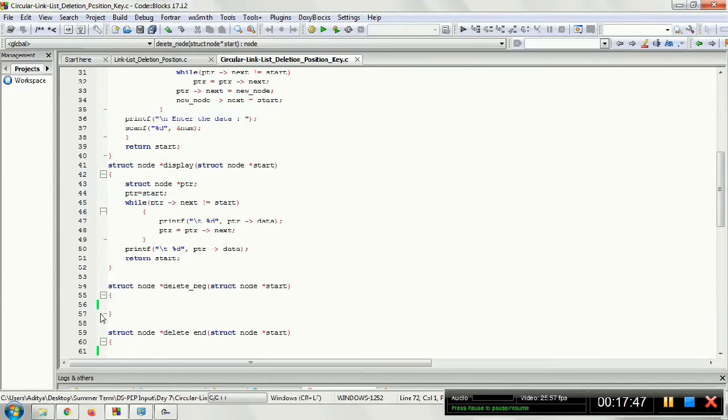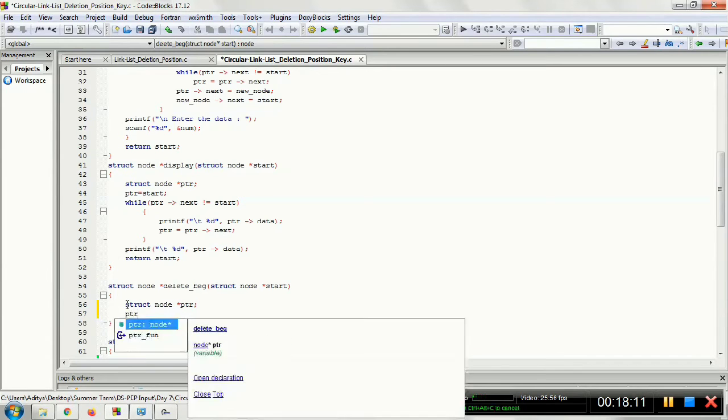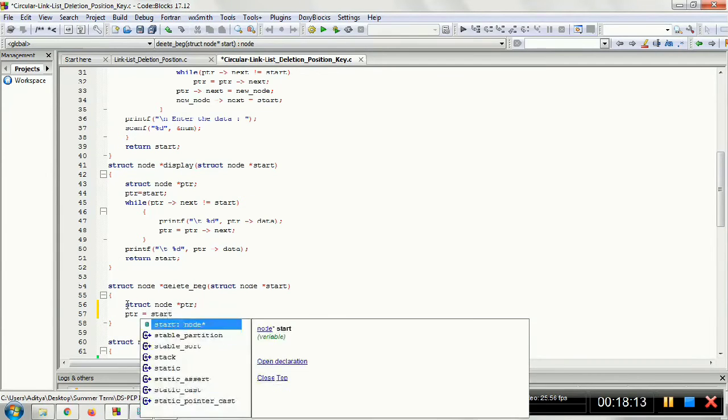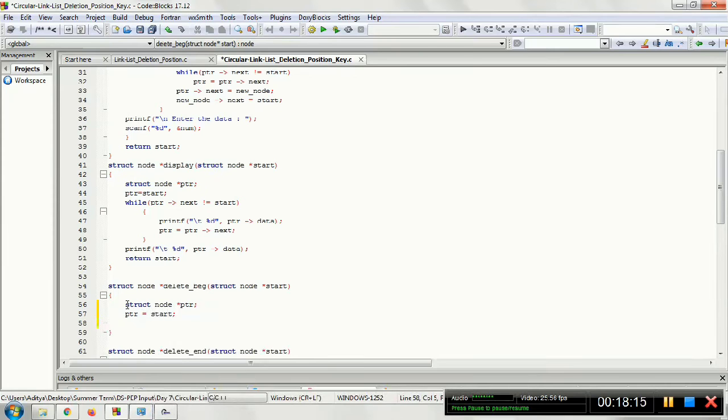Okay. So see, once it is a circular linked list, if you want to perform any operation at the beginning, you have to go to the last. That is one criteria, because see, the last node always points to the first node. You have to consider this criteria in your mind. So every time you are deleting in the beginning, you have to go to the last to update the pointer. So we'll need an extra temporary variable, a pointer. It will point to the first node, and then